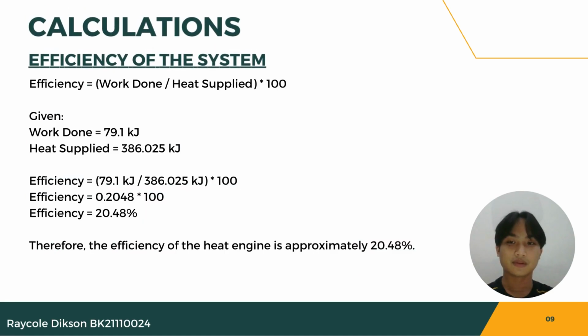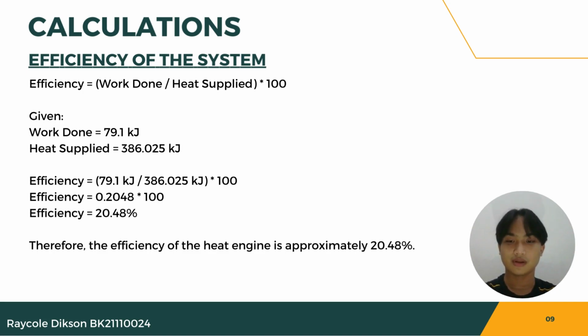Moving on to the last part of the calculation, which is to find the efficiency of the system. Efficiency is equal to work done divided by heat supply times 100. So the work done is approximately 79.1 kilojoule, and the heat supplied is approximately 386.025 kilojoule, and the efficiency is equal to